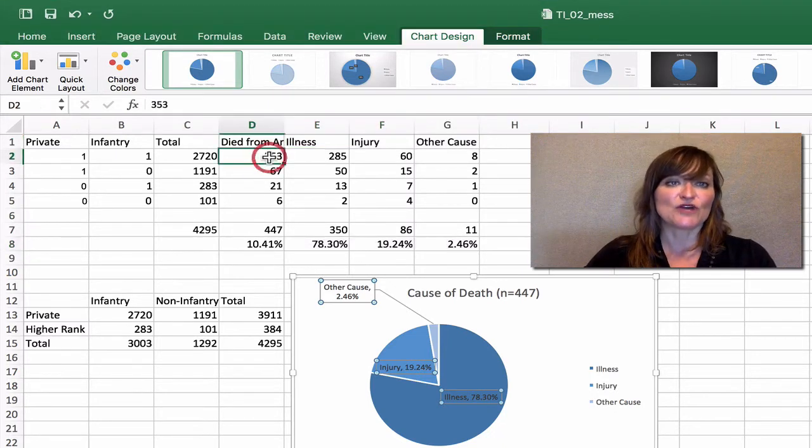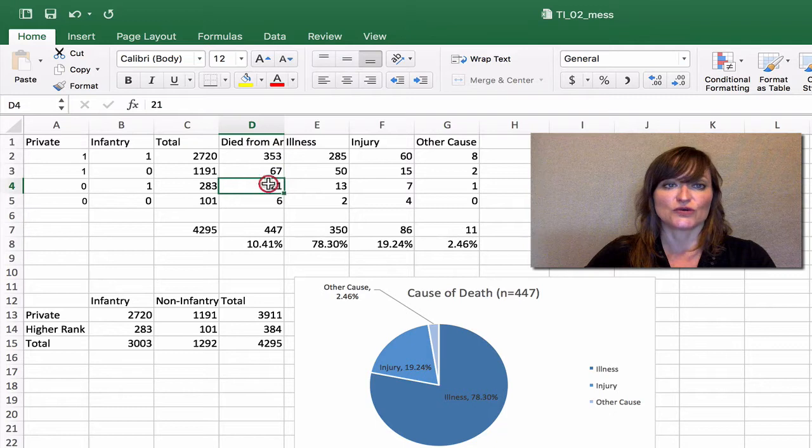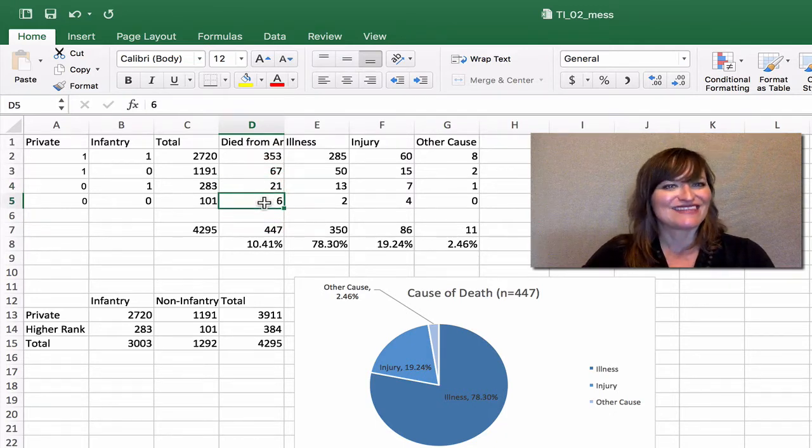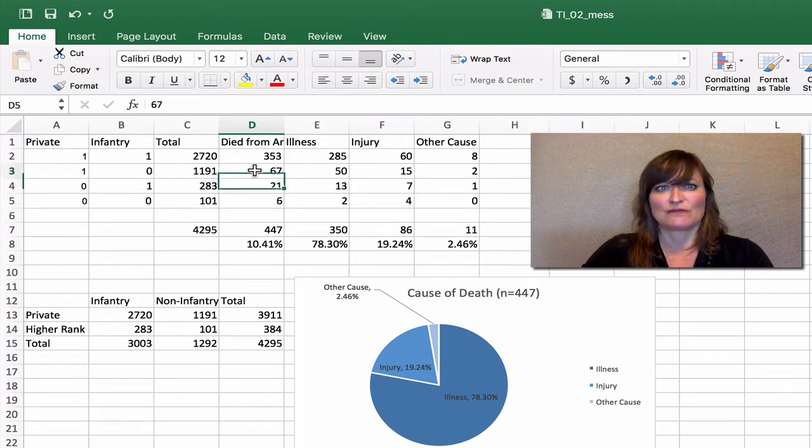As you can see at the moment, we've got raw data that shows that those are very different raw numbers. But we can't directly compare those because they are coming from different base rates. So, for example, the 6 that died of the higher ranked non-infantry look like nothing compared to the 67 who died of the private non-infantry.